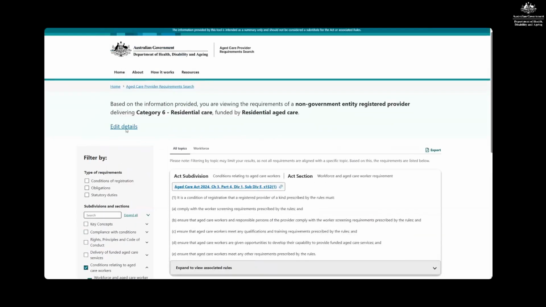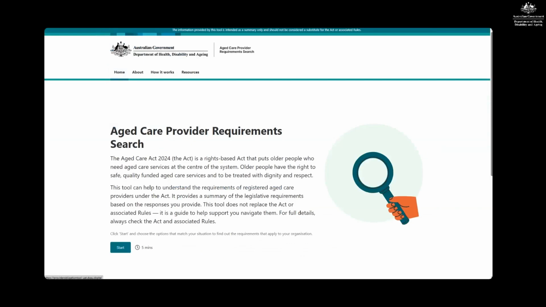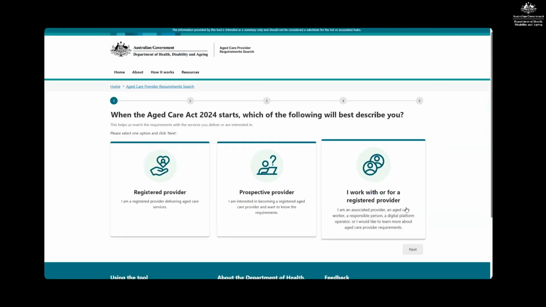Another option that is available across our starting page, we'll just go back to the start. I work with or for a registered provider tile. There's information here around aged care workers, digital platform operators and responsible persons, and also some information around associated providers. I'll select aged care